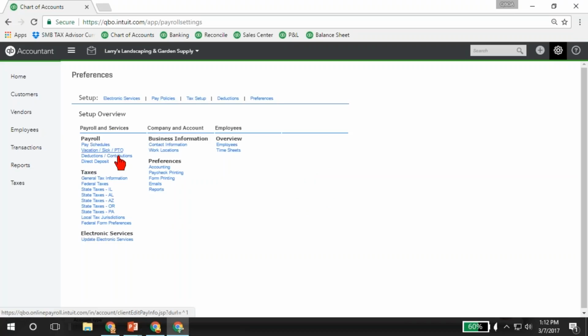We talked about the payroll, setting up the basics of the payroll, the taxes, some accounting preferences. Where do you want things posted, to which accounts? You've got to set up your e-file services, your pay policies, how often, the tax setups, deductions, preferences. You can come in here and edit and revise this information as needed. But that's something that we usually do for the client. We don't usually have the client going through and doing the payroll setup unless they have people on staff that